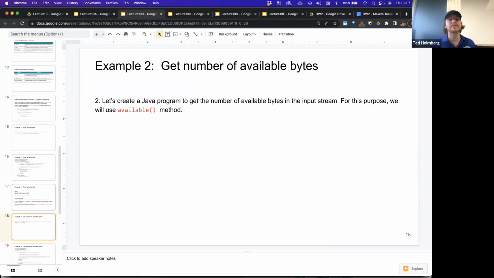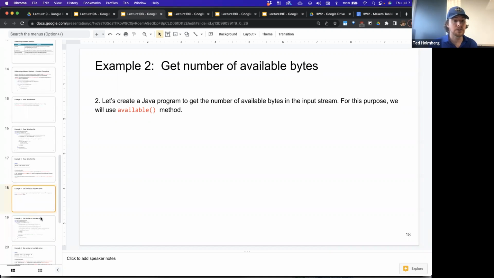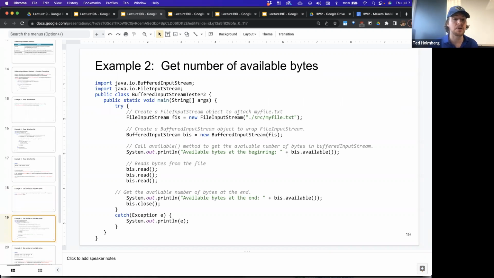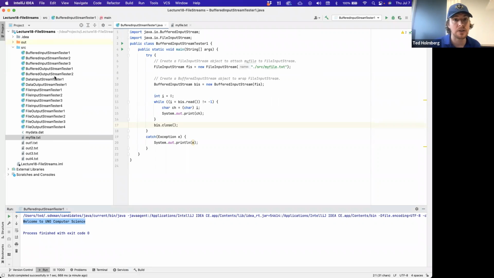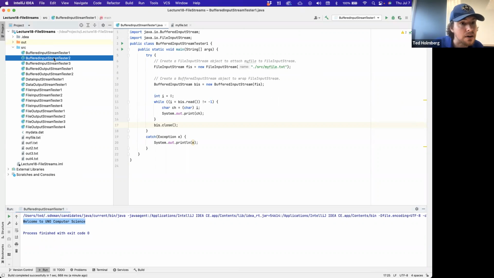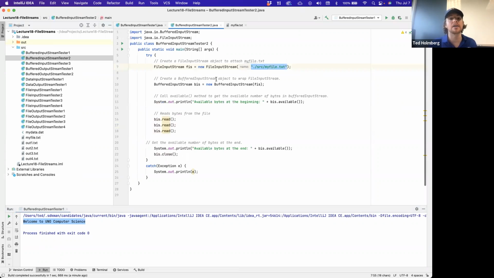Okay, let's look at another example where we're going to actually try to get the number of available bytes in the input stream. For this purpose, we're going to use the available method. So let's take a look at the source code. In fact, I don't want to look at the source code on the slide, even though I make it available there. I prefer to look at this source code here in IntelliJ,